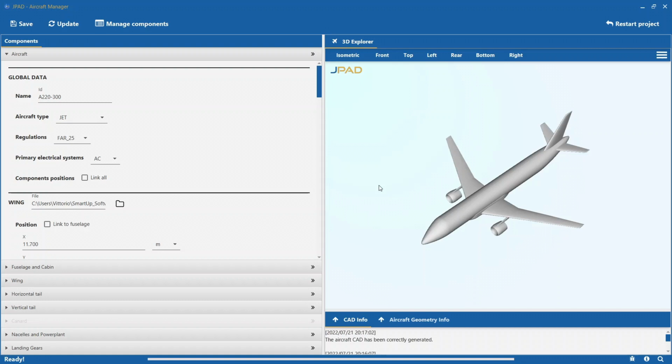Hello, and welcome to a new episode of this JPAD Modeller tutorial series dedicated to the CAD Manager features. In this video, we are going to see how to manage your JPAD Modeller aircraft CAD using our dedicated CAD